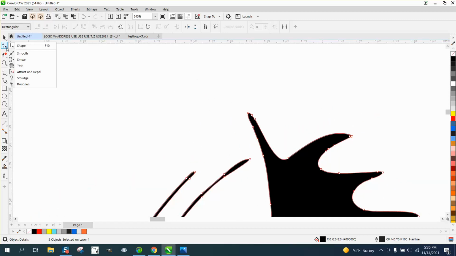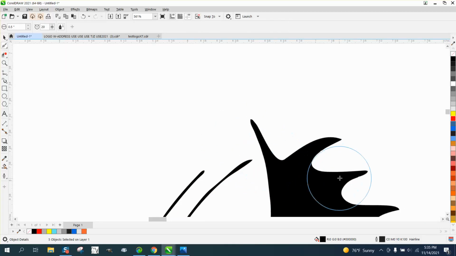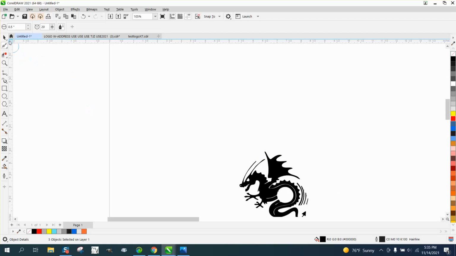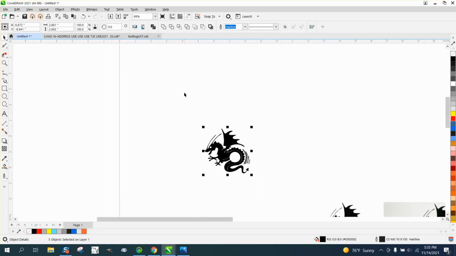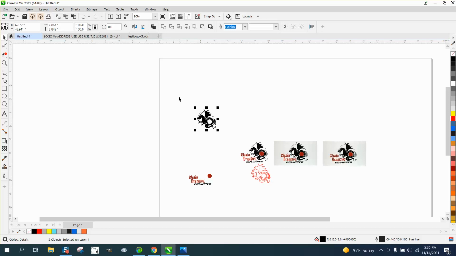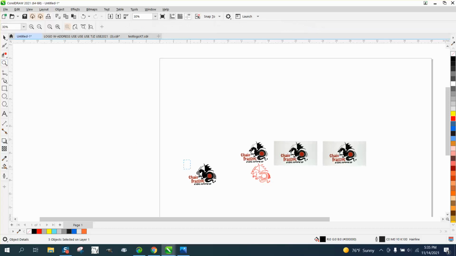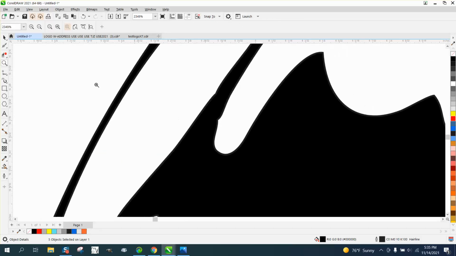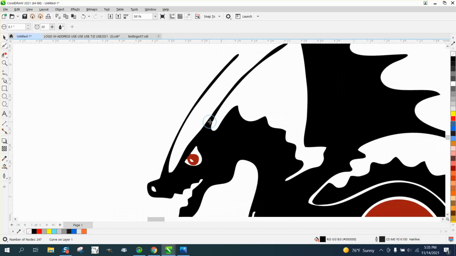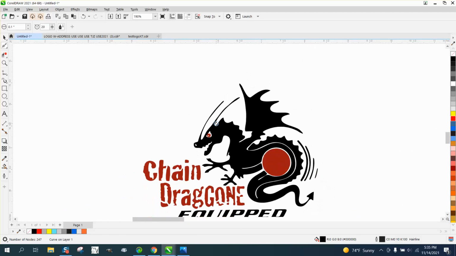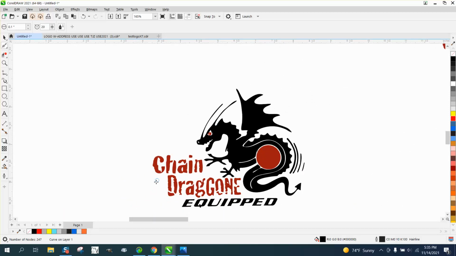And like I always say, if you have X7 or above, you can use the smoothing tool and it will smooth out things like really quick and really fast and evenly. So once you have that done, we can now nudge it back down to our logo, and that is a good, sharp, crisp. See, there's a couple other spots. When you zoom in, you need to also lower your, let's go 0.1 with the smoothing tool, because you don't want to get too big to get some other lines. But that will work, that will print, and like I said, you could